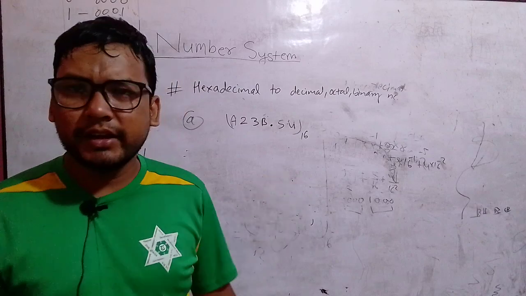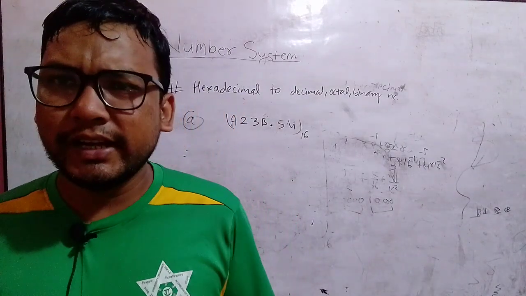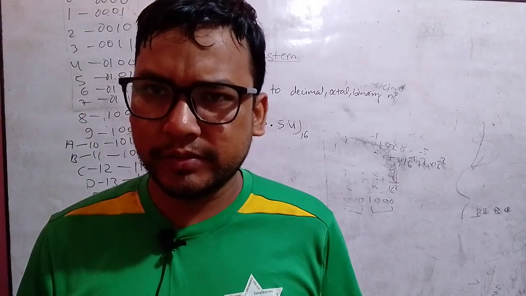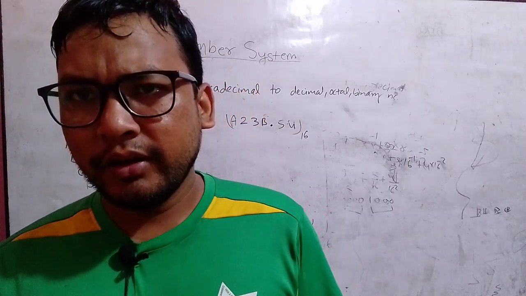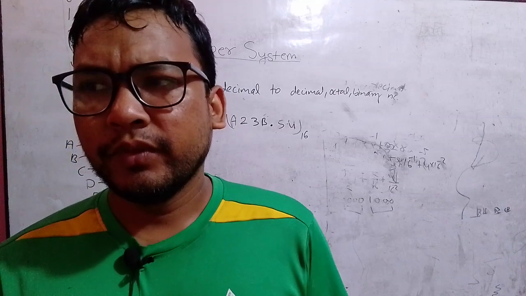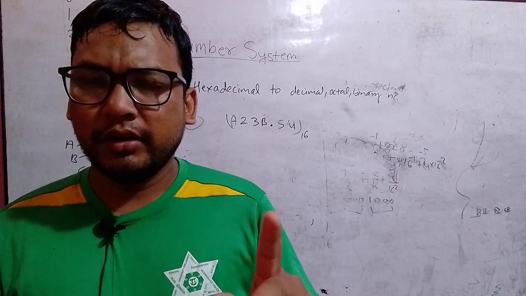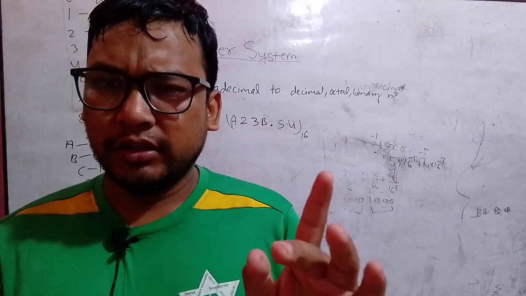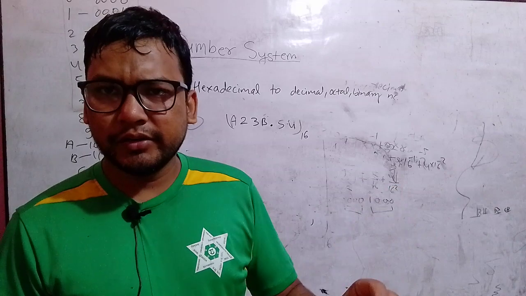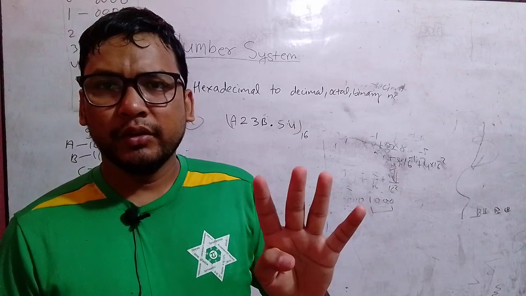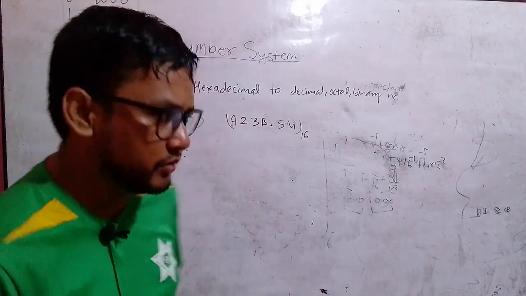To find out the binary equivalent, we convert each symbol present in the hexadecimal number system to the corresponding binary number of 4 digits. One hexadecimal symbol should be converted into a group of 4 equivalent binary digits. Now how to do this?